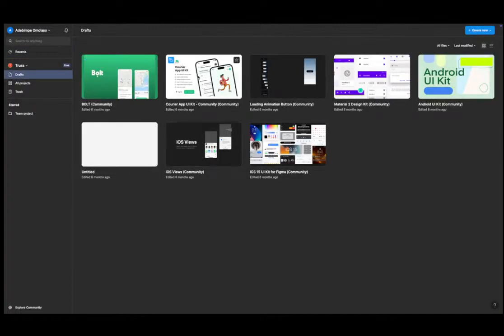So this is my draft page now. If you have not paid, I think it will take you to your draft page like this. So what you need to do is come to the top right where you see create new. So you want to click on that and click on design file. Notice you have four features here. You have design file, FigJam,